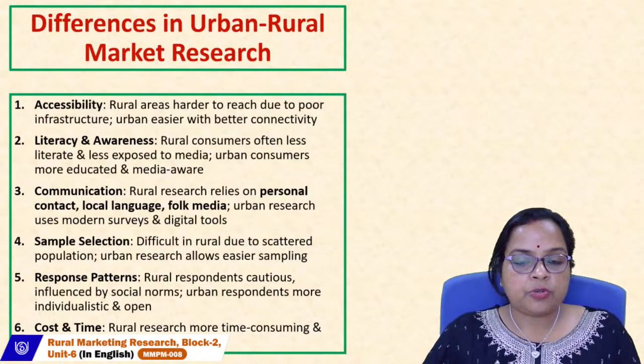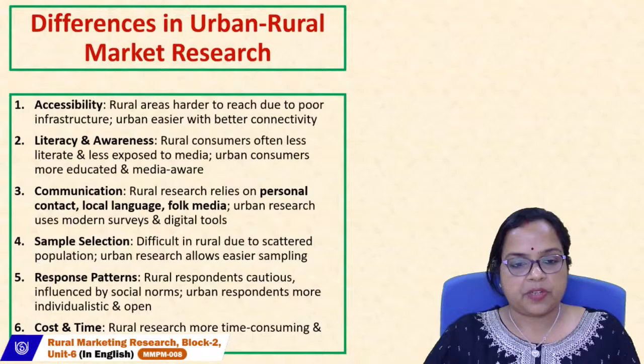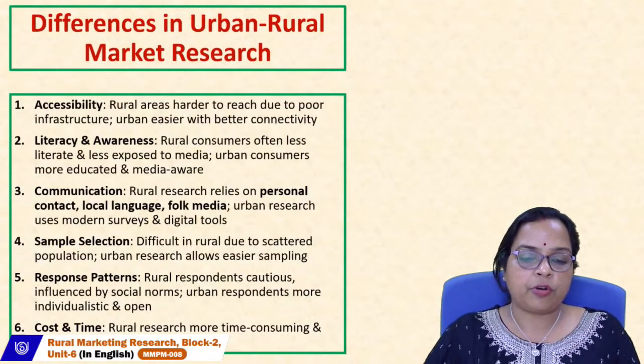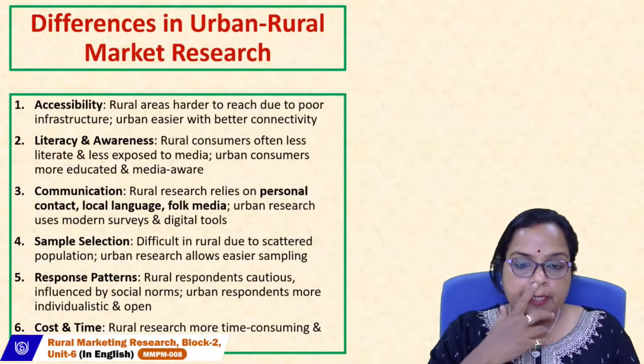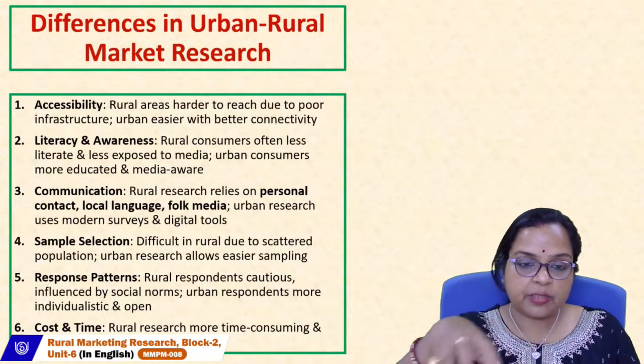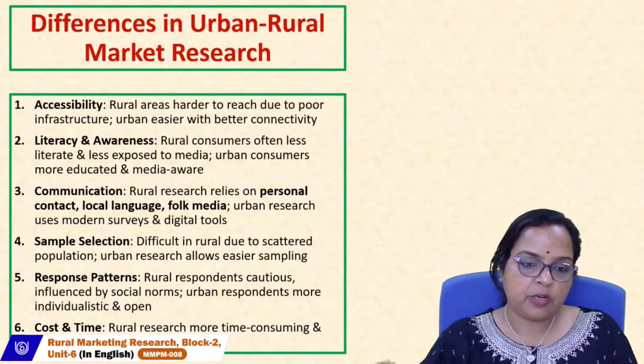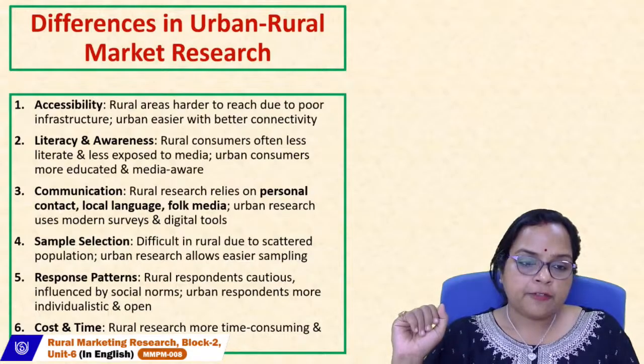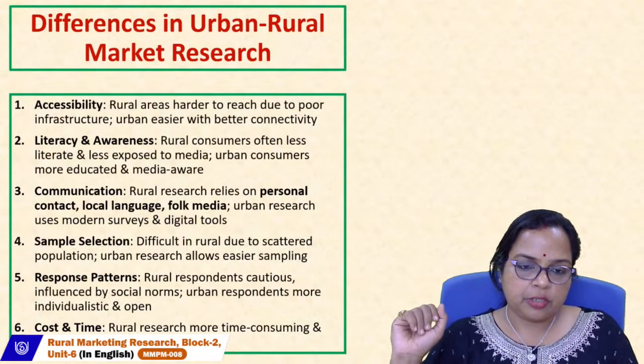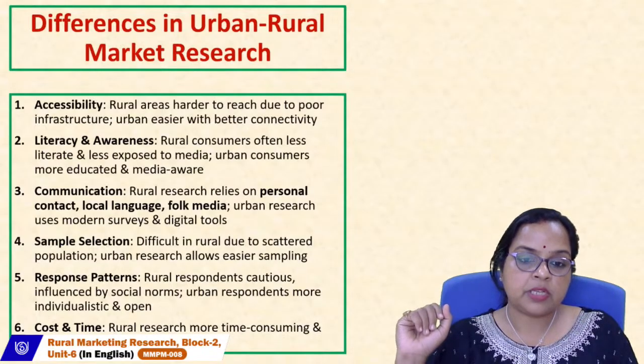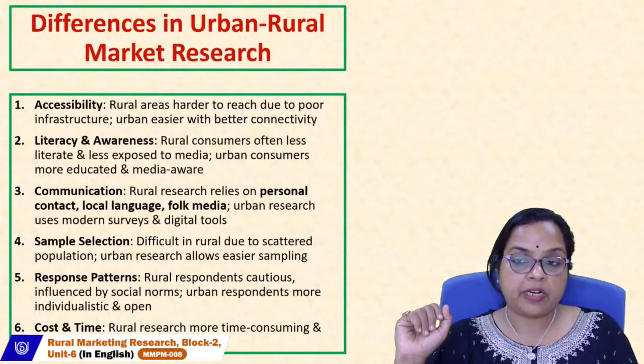It is difficult in the rural belt to collect the samples due to scattered population, while it is easier in the urban sector because you can get the proper sample size from a particular location. The fifth one is response patterns. Rural respondents are cautious, influenced by social norms, whereas the urban respondents are more individualistic and open minded while answering